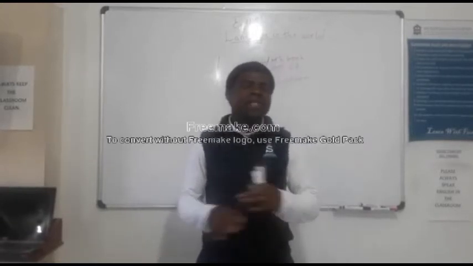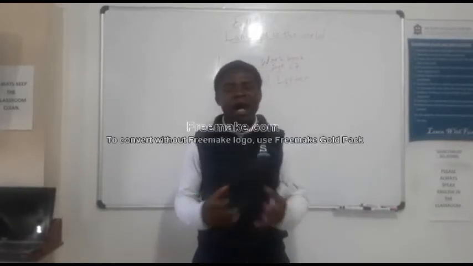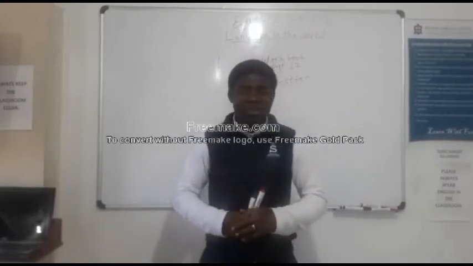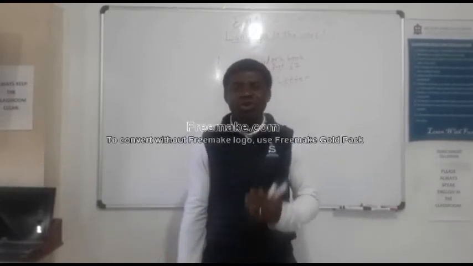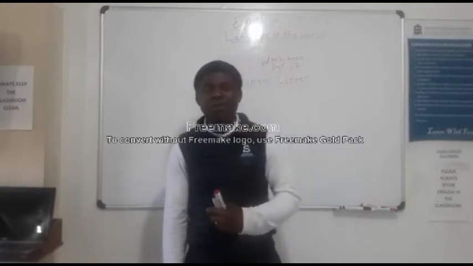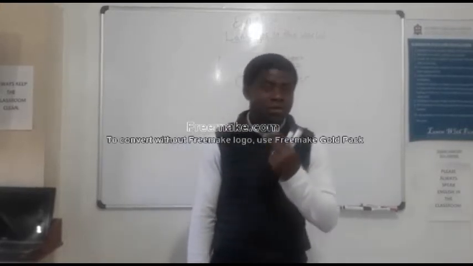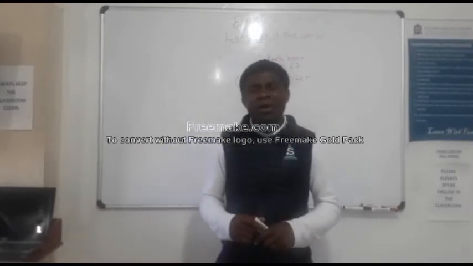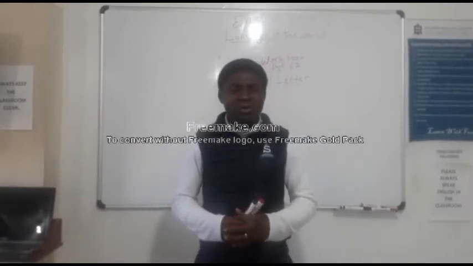So we have different languages around the world. And I told you that it's very important that you should be able to speak at least 2 languages. Now, we also saw that